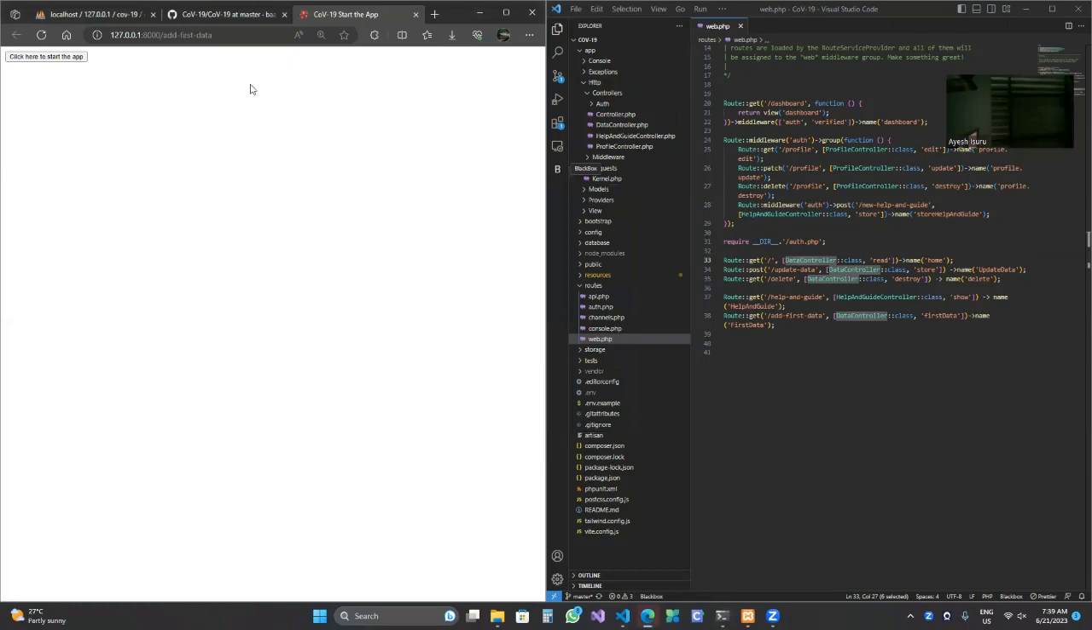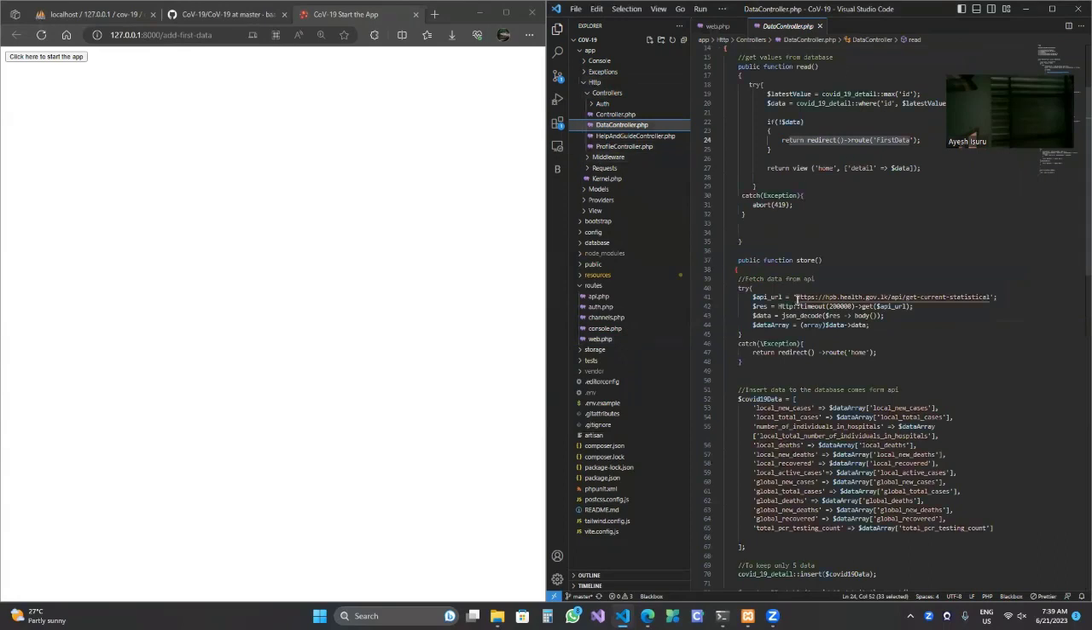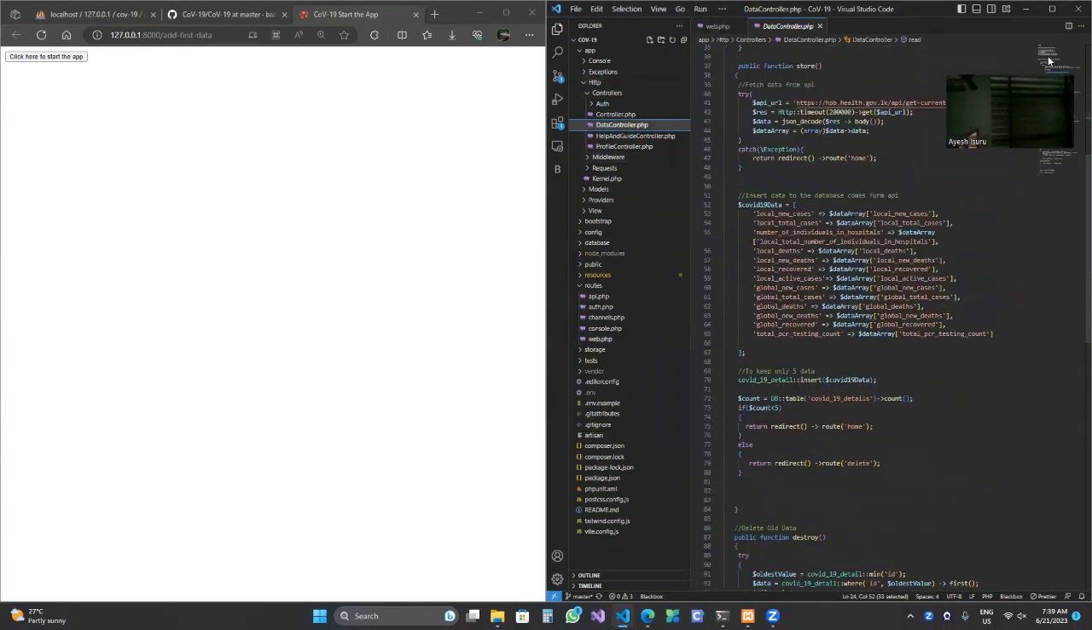In this case, we go to the route called first data. What happens is this calls the first data function in the data controller. If we go to the data controller, the HTTP data controller, this is calling the